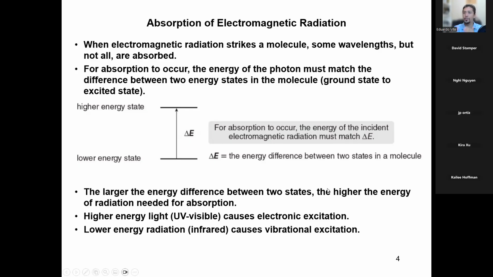If you have lower energy, you don't have enough energy to transition from n equals 1 to n equals 2. So all you can do is push the molecule or rotate the molecule or vibrate the molecule. So any questions about energy states? This is just review. We're not going to ask you a question about delta E or anything like that, as far as I know, but you should have it in your head that